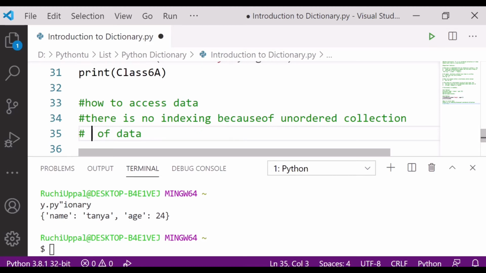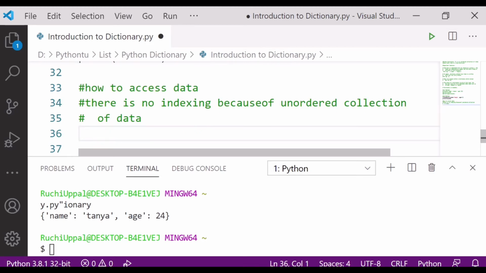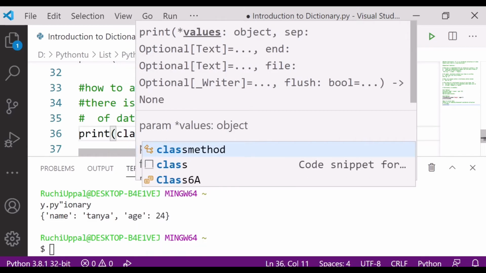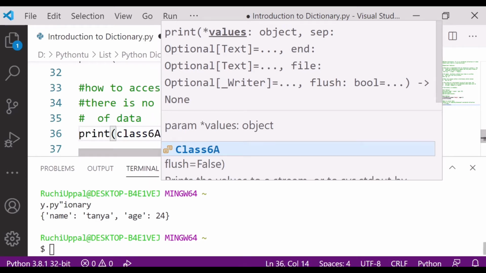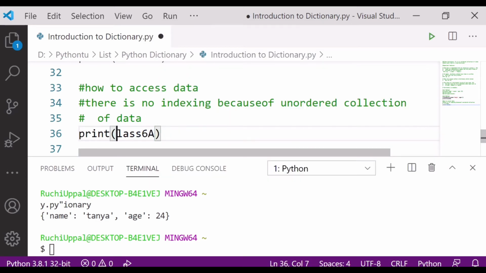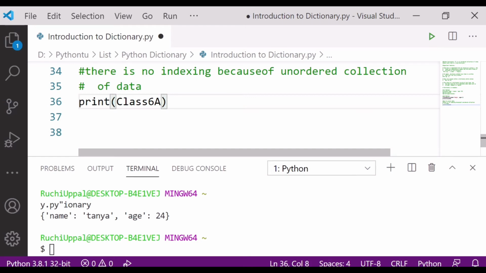So let's see now. The simple thing is, if I want to access something, how to do that? If I am writing print, then after that I have to write class 6a, C capital, fine, 6a.